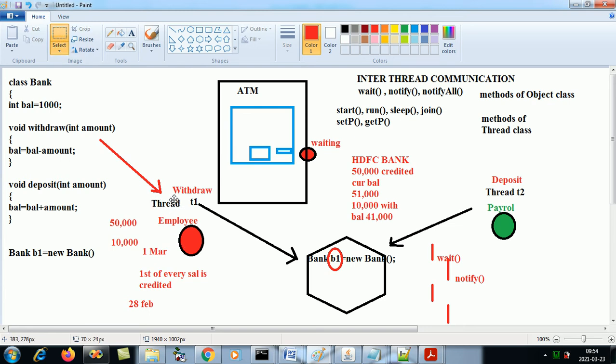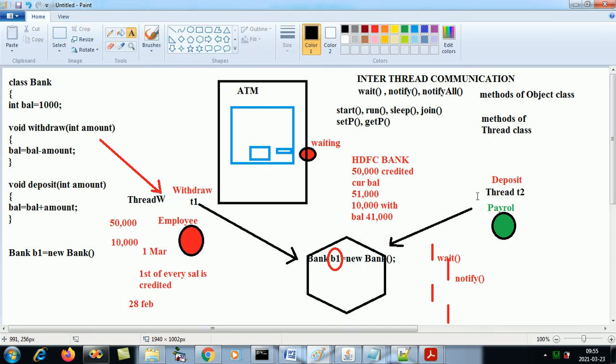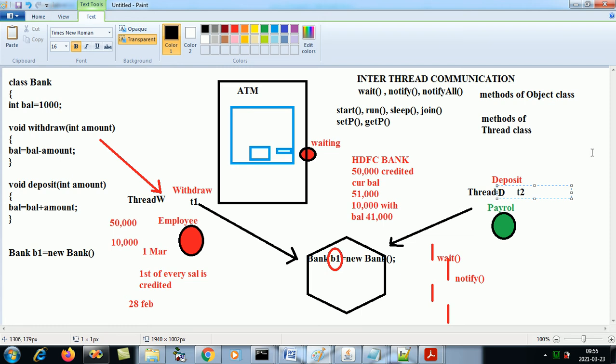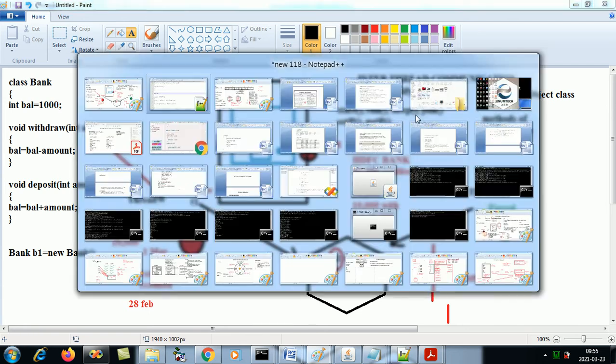So I will call it thread W. And this thread is depositing. I will call it thread D. So I need to create how many classes? Because if I need to make T1 and T2, I need their classes first, right? So thread W and thread D.